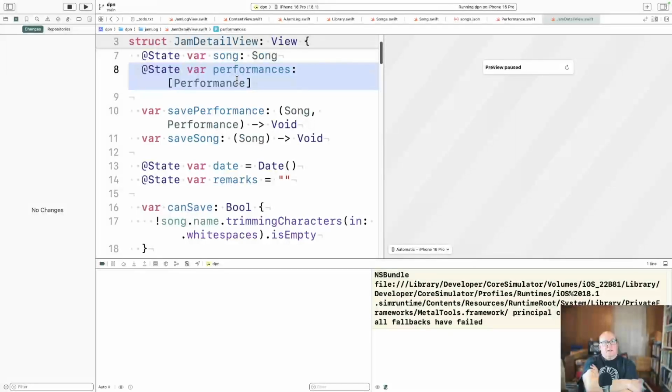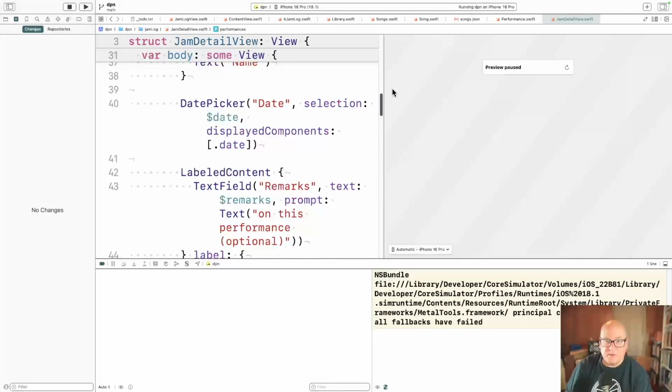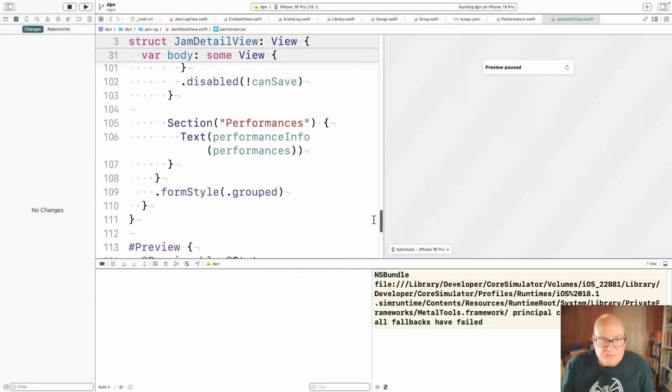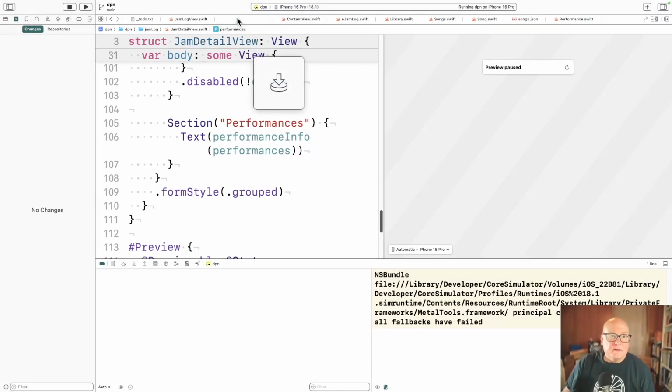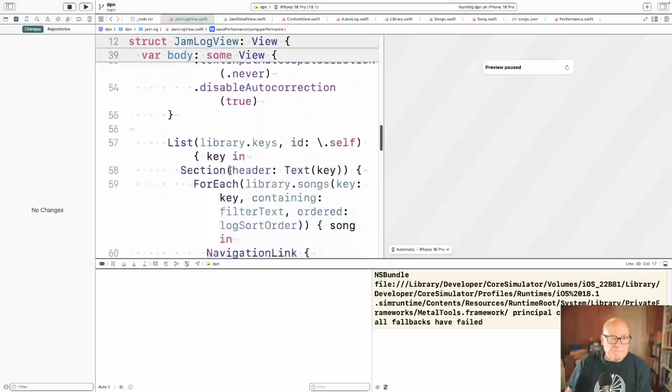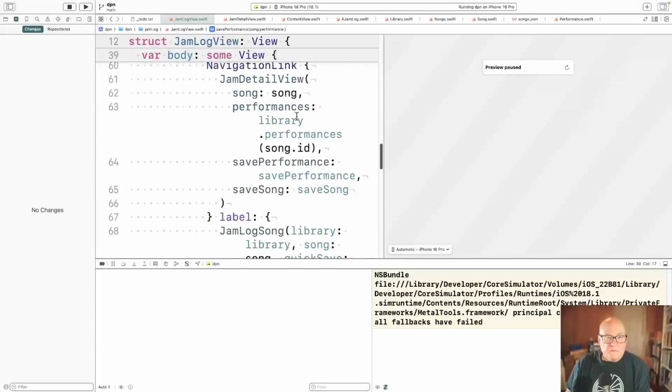So we want to get the performance info for this song. Like, I think this is better. All right. So again, Jam detail view is opened by JamLog view. I guess I can put them close together. Okay, Jam detail view gets library performances for songId.